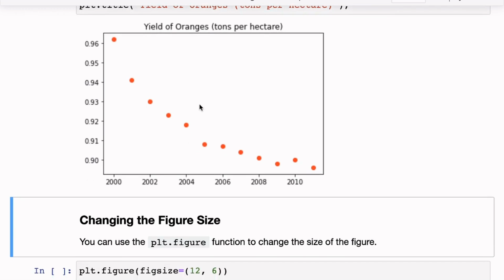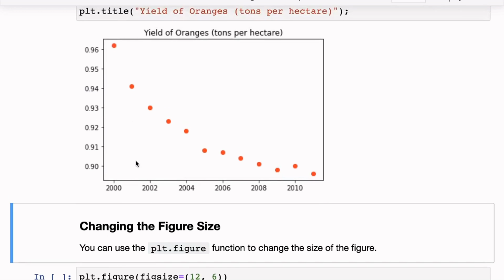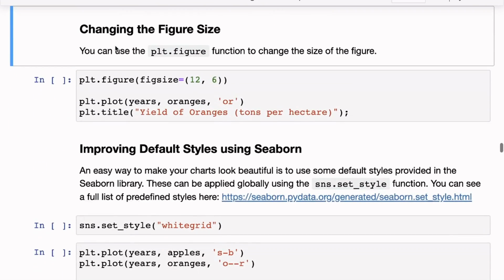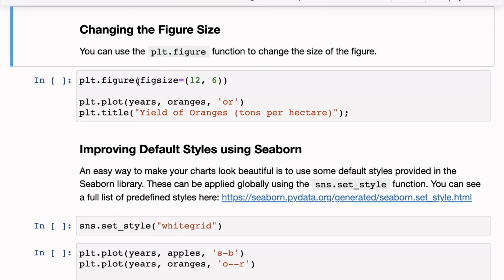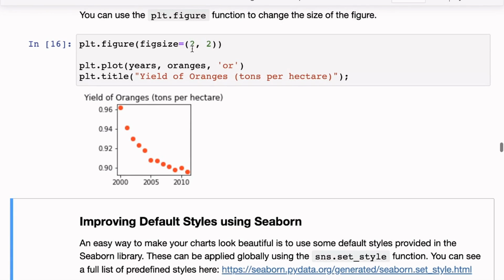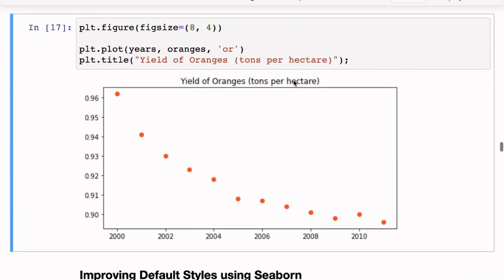Okay. Now, if you want to change the size of the figure, sometimes the figure might be too small and you might want to increase the height of it, or you might want to increase the width of it. For that, you can use the plt.figure function to change its size. So you simply say plt.figure and then you set figsize, and then you give a tuple. So you can experiment with this, what the tuple does. So let me just try out 2, 2, and then you put in a sample value and see what 2, 2 gives you, and then use that to maybe make some changes. Let's try 8 and 4. So yeah, that way you can change the size and the aspect ratio of the image.